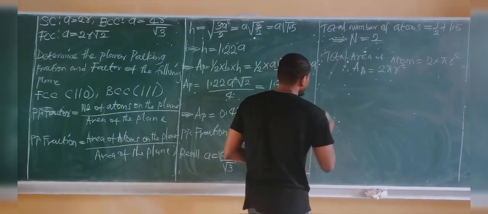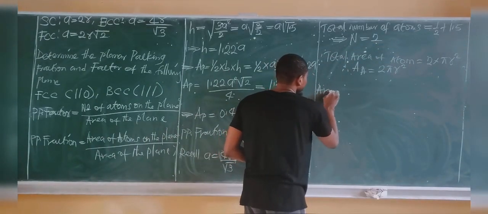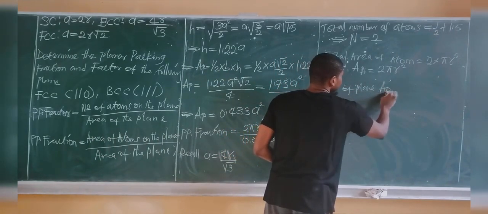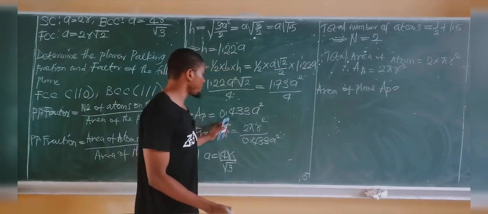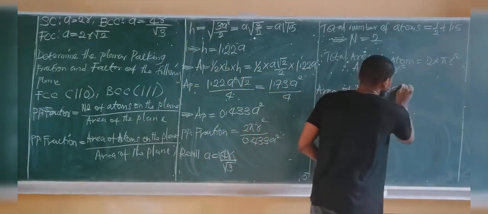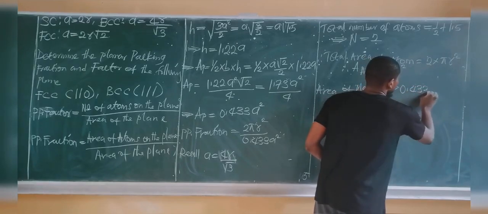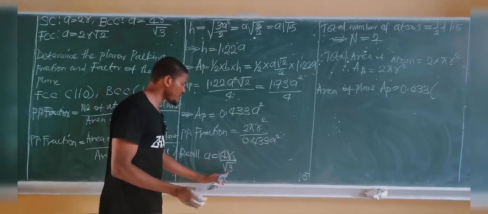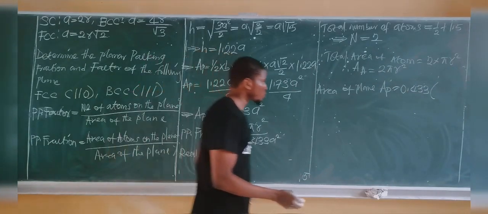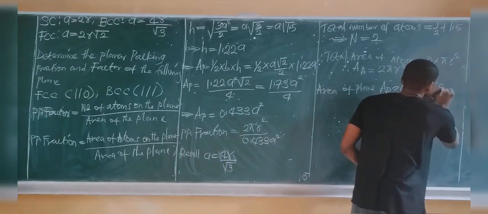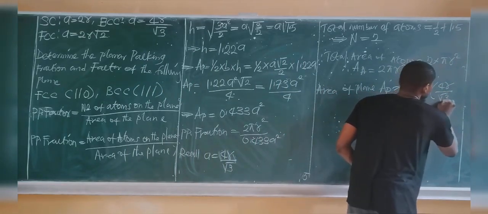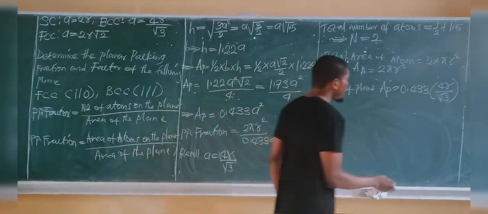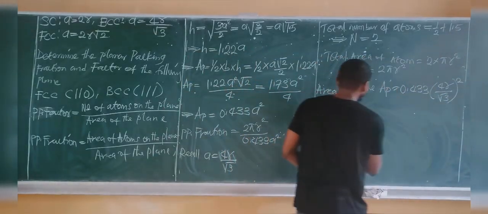All right, so the area of the plane, which we call AP, is now equal to, we obtained 0.433 a squared, which is 0.433, but a itself is given as 4r all over root 3 for body center cubic structure. So we append that there, it becomes 4r all over root 3. But remember, it is 0.433 a squared. So we have to square that term. Therefore,